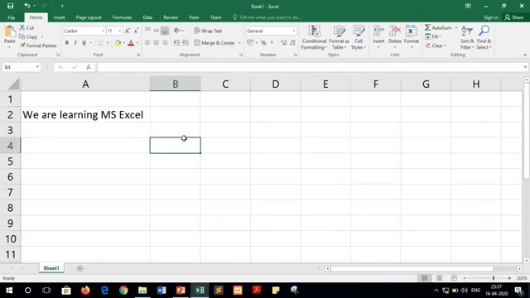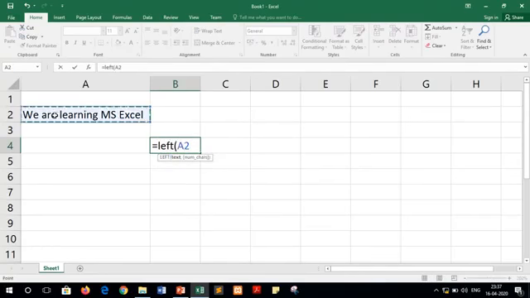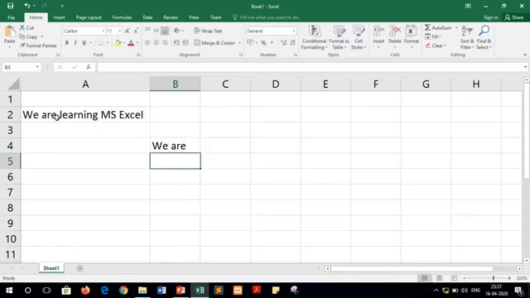So for that you will write equals to left, then this string, that is A2, comma, and let's suppose we have to fetch "we are". For fetching that, we have to fetch a total of 6 characters. These 6 characters will be W, E, space, A, R, E. So we will write 6 over here, and then we have to press the enter key. As you can see, just now we have got the 6 letters only.